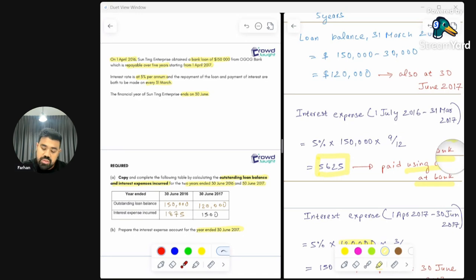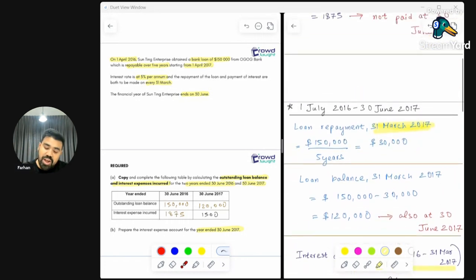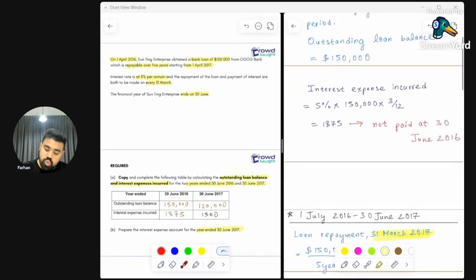And this $5,625 is valid for the 9 months starting 1 July 2016 and ending 31 March 2017. But apart from this $5,625, we are also going to be paying that $1,875, which we had not paid at end of previous financial year at 30 June 2016. All right. So which means altogether we are paying